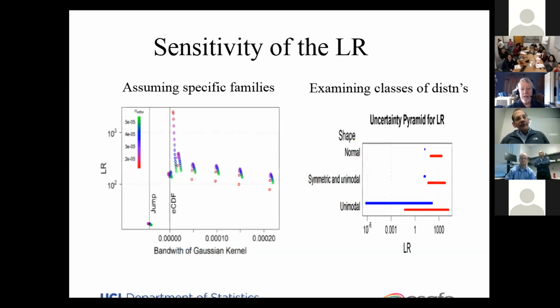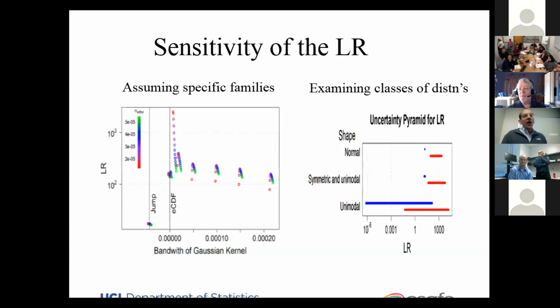But on the left, what you see, each dot is a likelihood ratio. And each likelihood ratio is being computed under a different model. And in fact, they're basically a combination of how do I choose to model the within a single pane of glass variation? That's kind of the color of the dots. And then how do I choose to model the variation between sources?